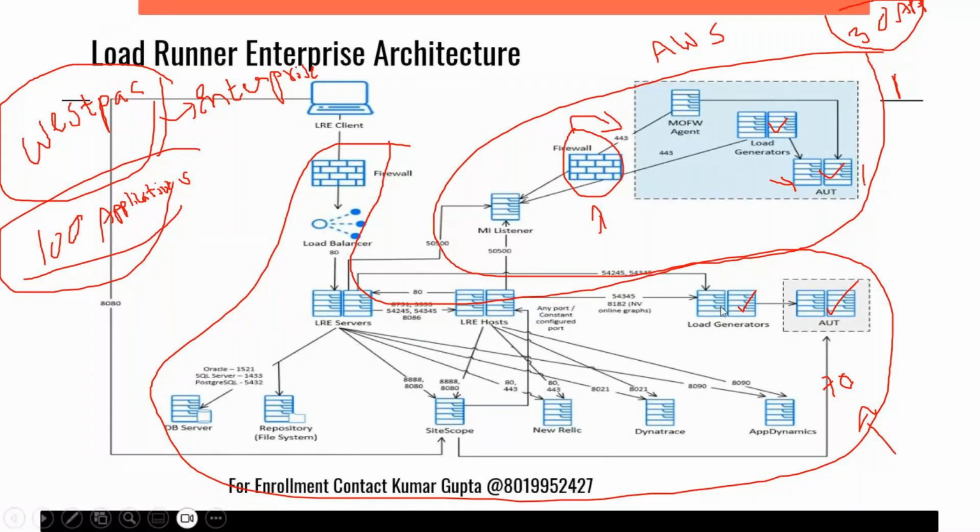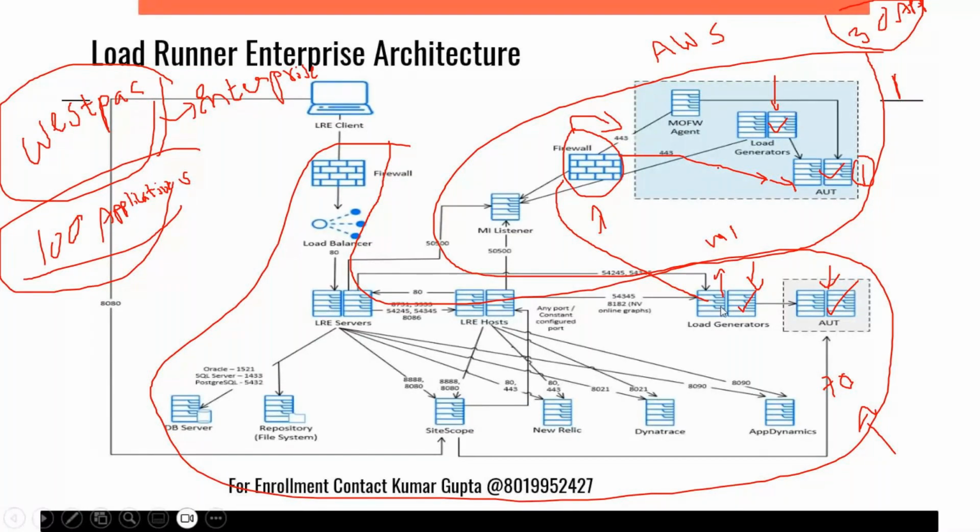So you understand one thing, guys. Wherever this application under test is, that is where your LG should be. It should not be outside the firewall. If you want to use this LG for this application under test, it has to go through this firewall and then apply the load. This LG will create the virtual user, let's say virtual user 1. This virtual user 1 will send the request, so it has to go through the firewall. That is not a possibility. So that's the reason why